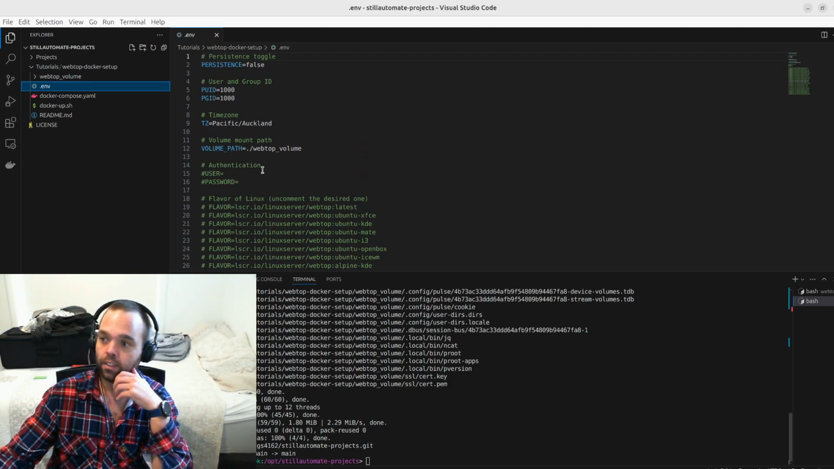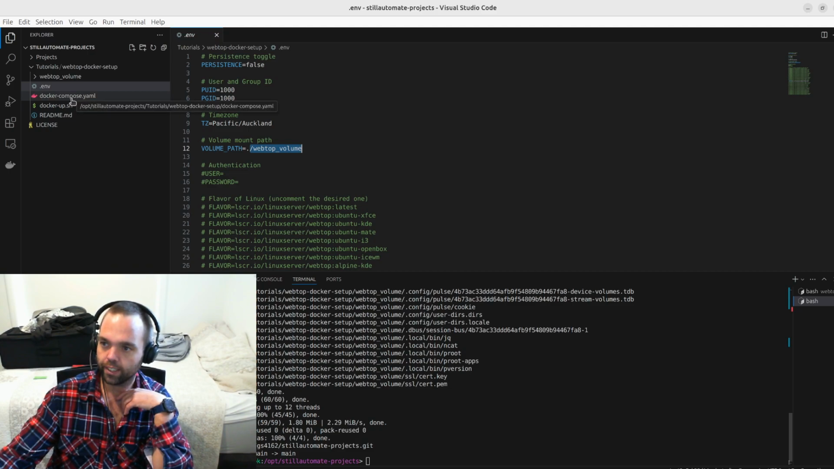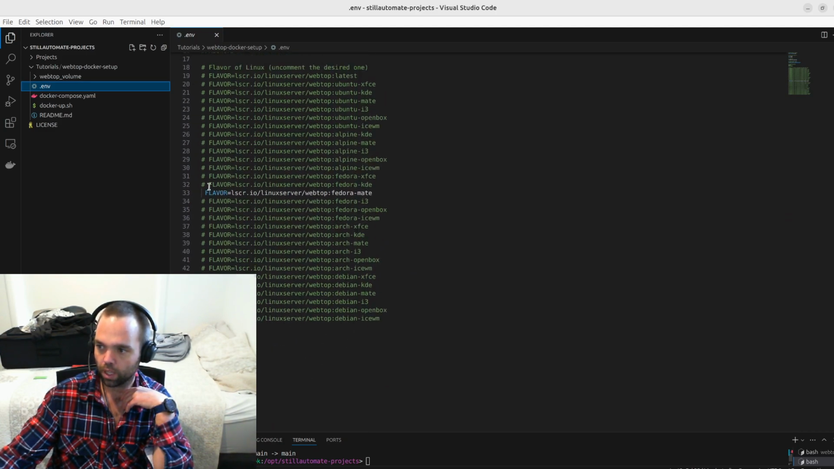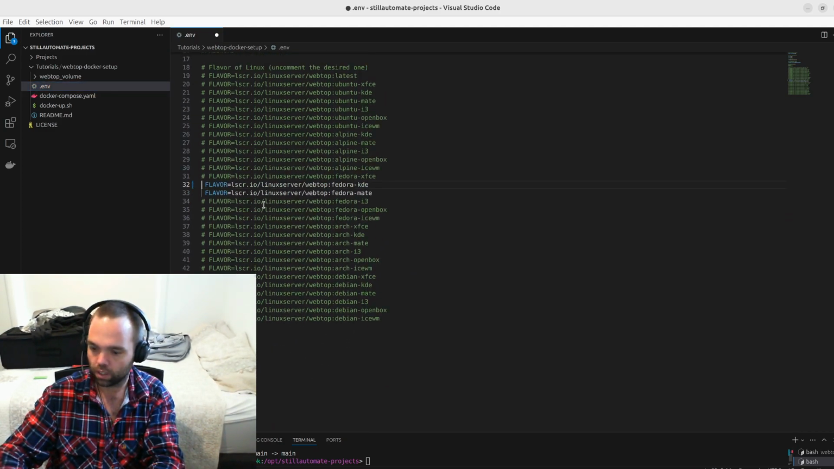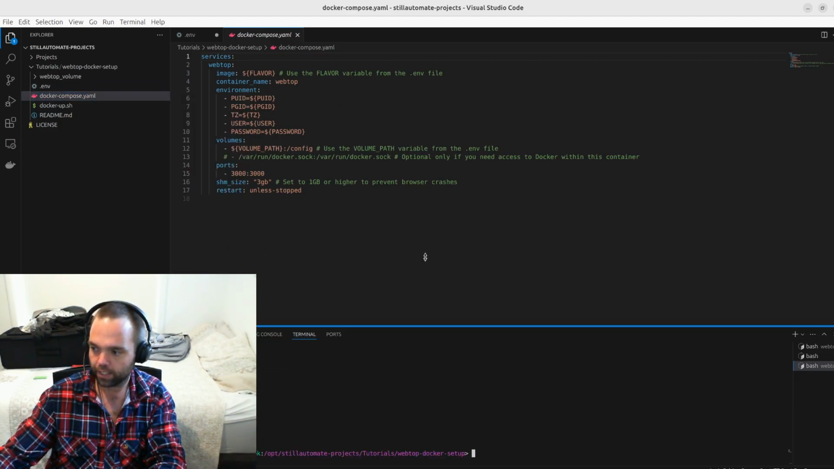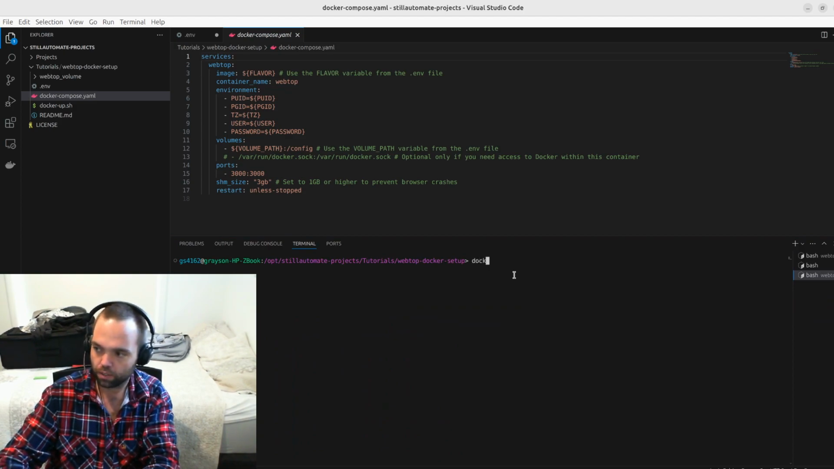What I've done is I've made a mount. That means that when one of the containers starts, in the directory at the same level as the .env, there's a volume. So you can download this from my GitHub in the link below. You can choose your flavor of Linux by uncommenting, so you can choose which one. Here I've got Fedora Mate. If you go to the place you've downloaded it and run the command docker compose up -d,